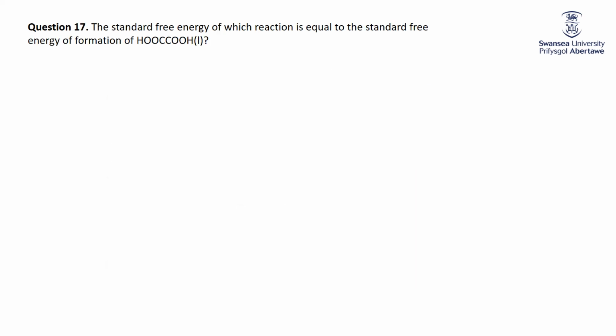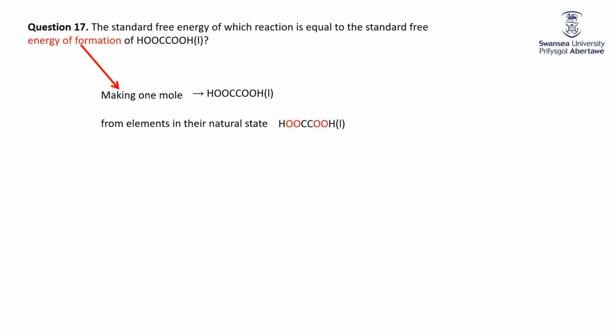Standard free energy. So, defining standard free energy, we look at making 1 mole of HOOC-COOH, and we make it from its elements in their natural state. Well, the natural states are here, all nice and pretty, I think, right? We have 2 O2s because we've got four oxygens, and the natural state of oxygen is O2. We need 4 of them, so we need 2 of those. We have 2 hydrogen atoms, well the natural state of hydrogen is H2, so I need 1 of those. And then we have 2 carbons, well the natural state of carbon is just solid carbon. You could get fancy with graphite if you want, but I wouldn't be too fussed about it. Put all those together to get 1 mole of the